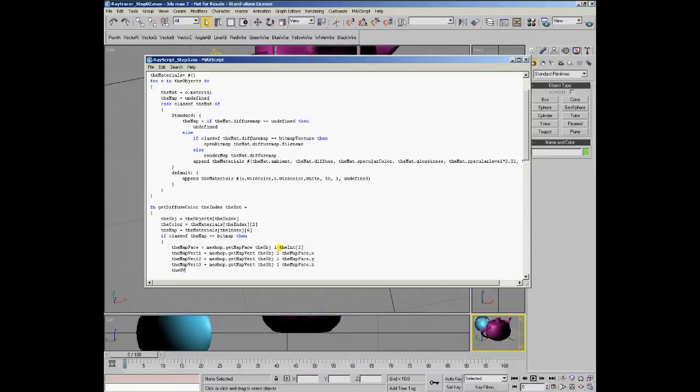Now the UV coordinates are the map vertex 1 multiplied by the intersection's third component, which is the barycentric coordinates, taking the first barycentric coordinate plus the second map vertex multiplied by the second barycentric component, and the third vertex using the z component of the barycentric coordinates. So having the UV coordinates,